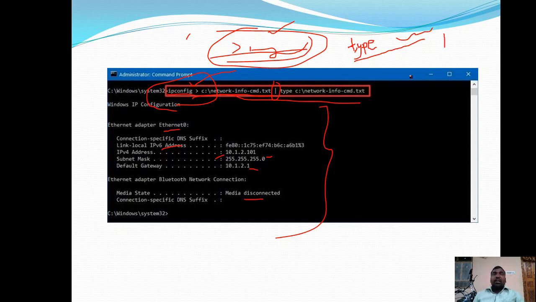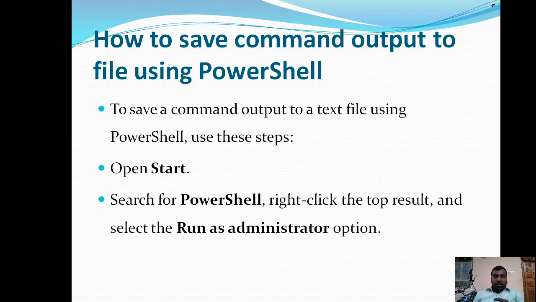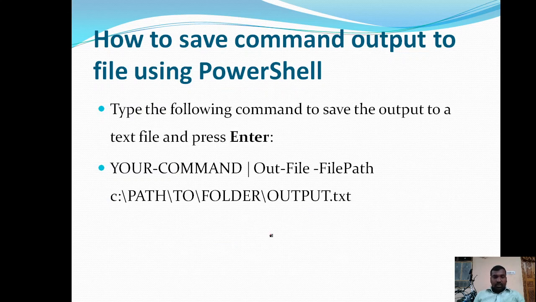In this way we can get the configuration details about a particular component or the entire system, and we can export those configuration details into files. Next, we already discussed the PowerShell application to view the system configuration details. Now we want to save those configuration details that are displayed in the PowerShell application. For that purpose, open PowerShell with administrative privileges, then type this command.